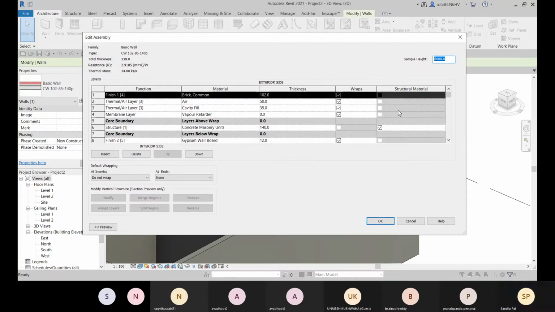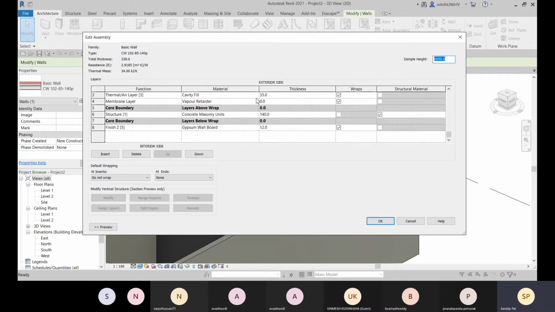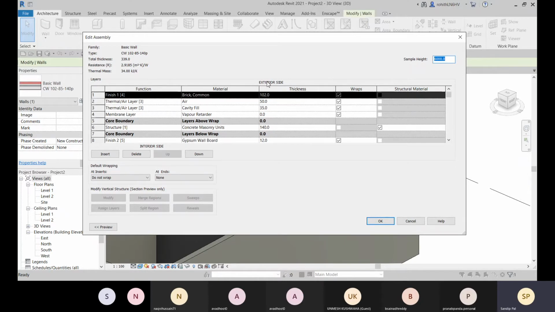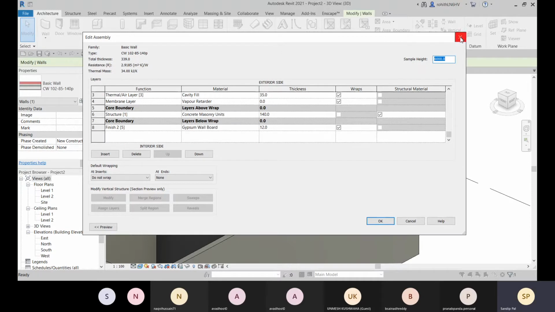So you can see one structure layer is there and another membrane layer is there, thermal layer is there, finish and finish 2 is there. So finish 2 will be always to the interior side. Here it is mentioned that this is interior side. This side is the interior side. Assume this as a wall and you are seeing from the plan view, and these are the layers placed, and this is the exterior side, and finish 1 will always be to the exterior side. Okay, so this is your compound wall,